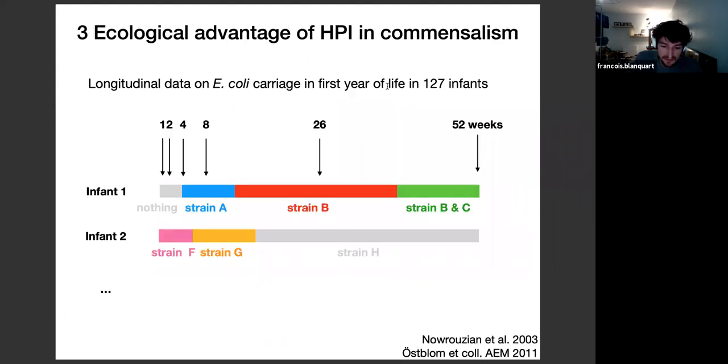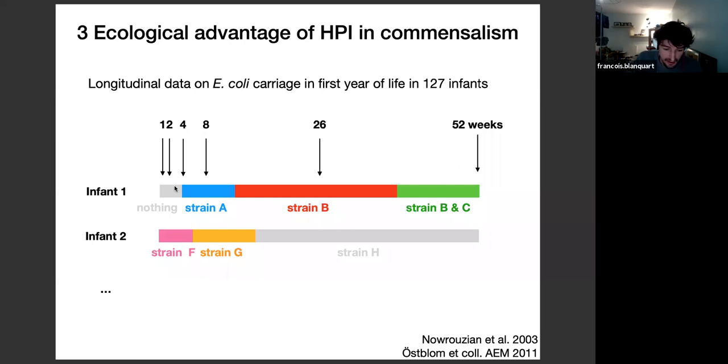So the third part is about the ecological advantage of HPI. This was trying to look a little bit further into the ecological mechanism, the selective advantage. For this, I reused data from this paper, Nourouzian et al., where they collected, so I mentioned this data already. They collected the stool samples of infants in the first year, at different ages, and they